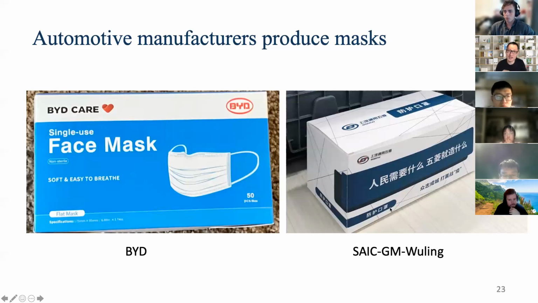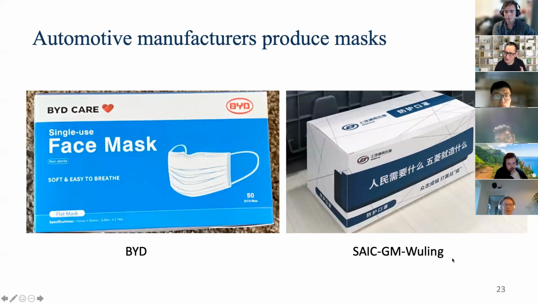joint venture between GM and Shanghai Automobile Industry Corporation and the Wuling. You just need to know that it's a joint venture, and it's actually a Chinese car manufacturer, and they also changed their scope of business to produce face masks. And here, the Chinese says that whatever the people need, we will produce. Right? So